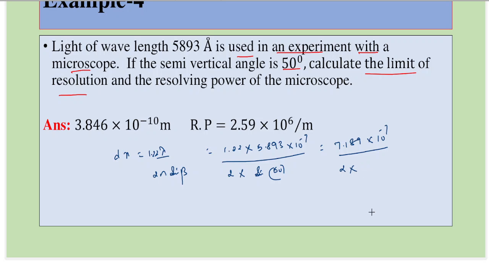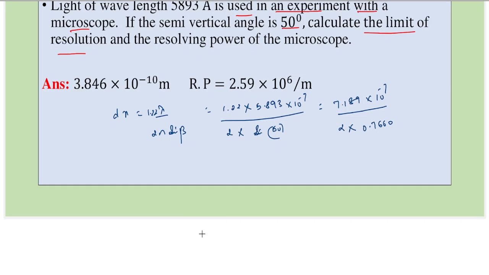If you use a log table, the answer of sine 50 degrees would be 0.7660, and if you solve it further, 2 into 0.7660 will be equal to 1.532. Therefore, dx is equal to